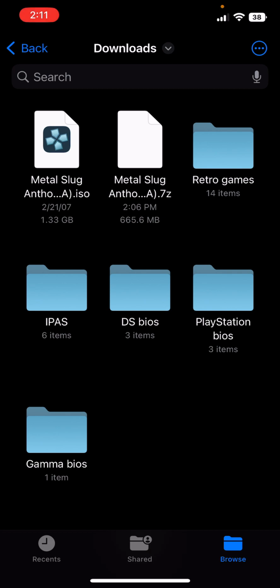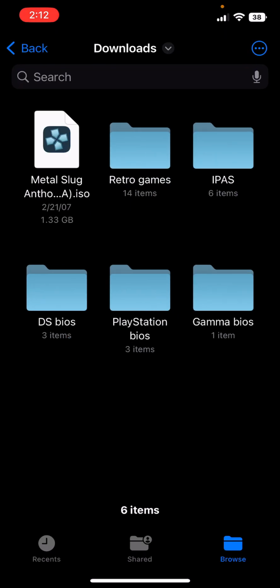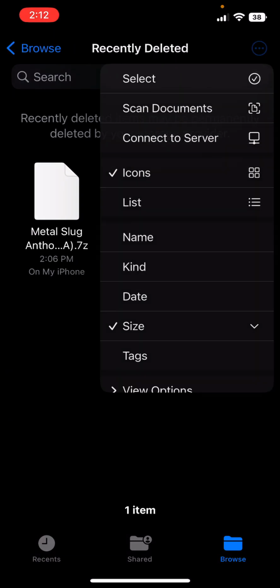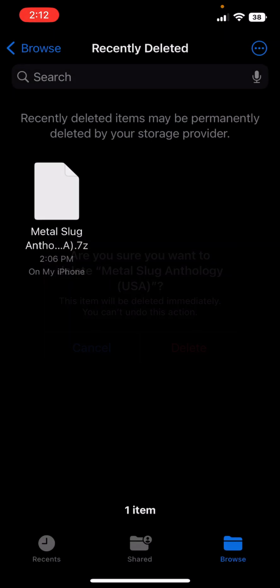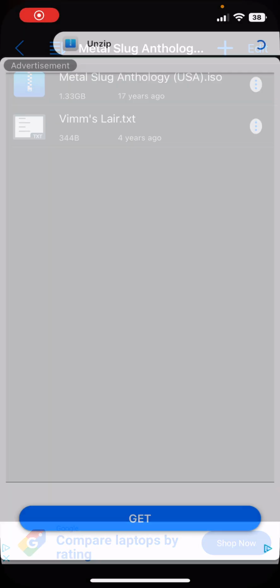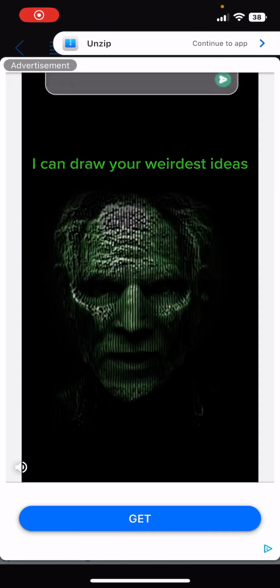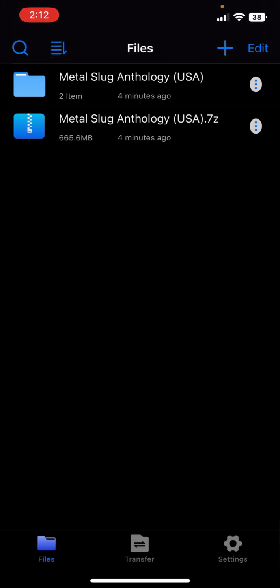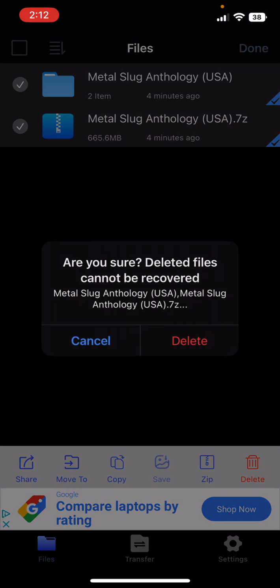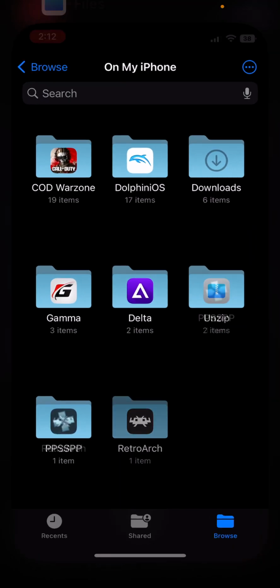Well, once you've done that, you can now delete the 7z. Delete it. Go back, browse, recently deleted, delete it. And also you could delete the Unzip app if you go back to it. There's going to be ads, but you could just delete these. You won't need it anymore. Once you've done that,